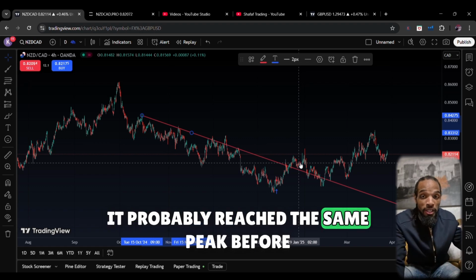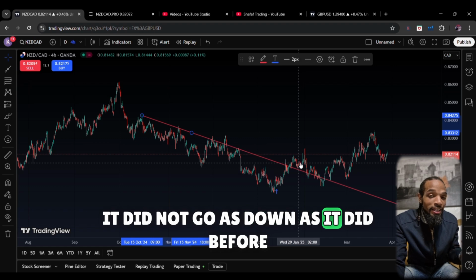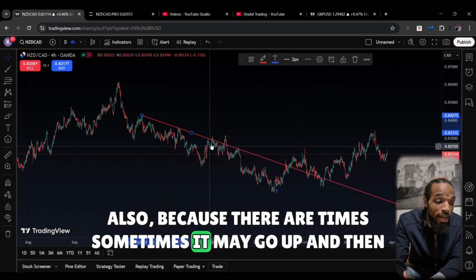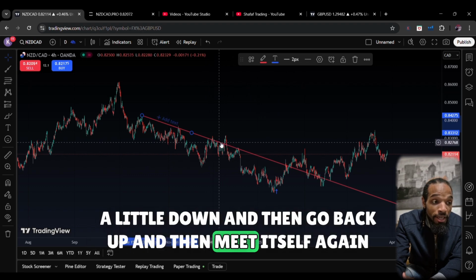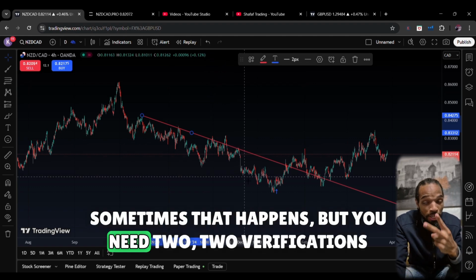It probably reached the same peak before, and now when it went down, it did not go as down as it did before also, because there are times, sometimes it may go up and then a little down and then go back up and then meet itself again, but ultimately end up going down. Sometimes that happens, but you need two